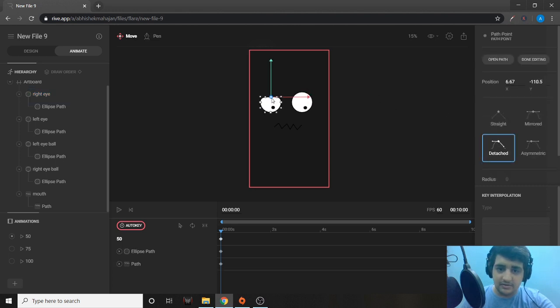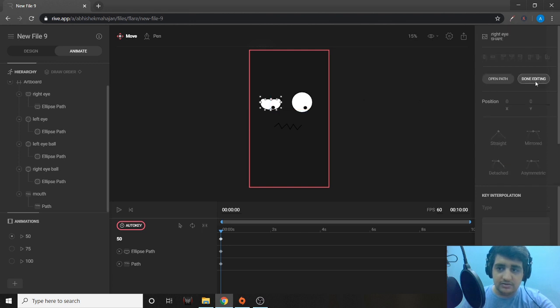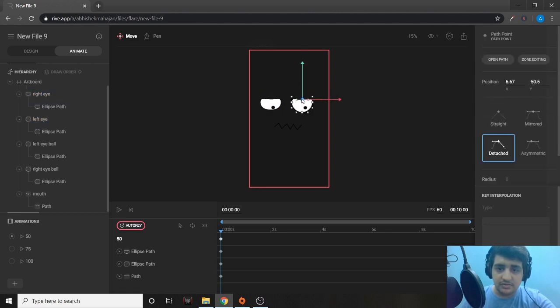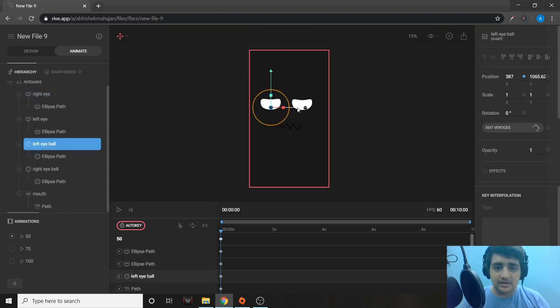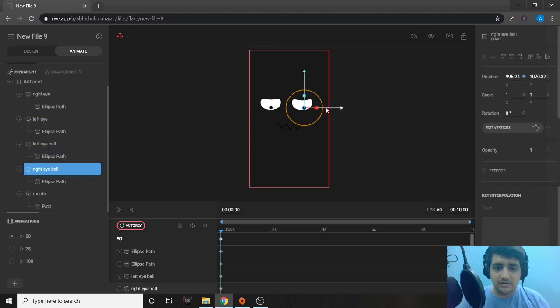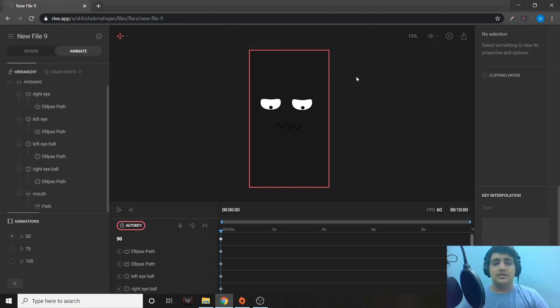I'll just drag this down, drag this one up a bit, not much. I'll do the same with this. Drag this a little bit down. Drag this one up a bit. So this looks good. I'll move the eyeballs exactly at the 50 point. It should be looking there at the moment. Right. Now it is looking at 50. This looks very indifferent. This is good for 50.